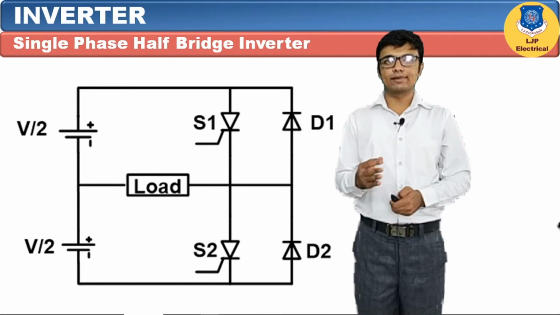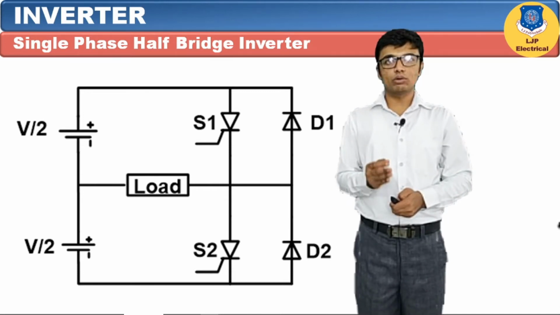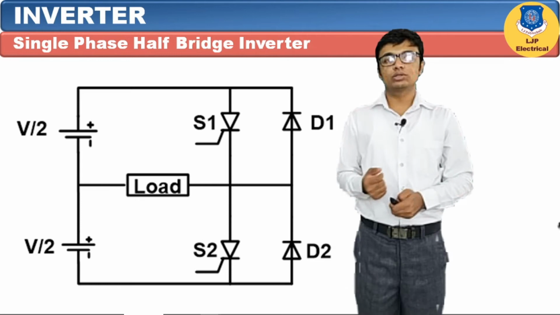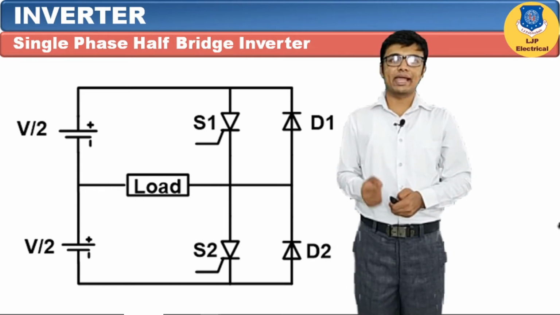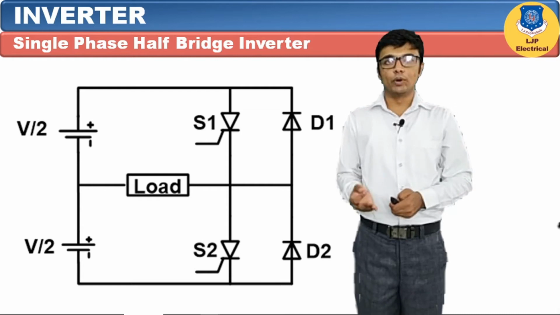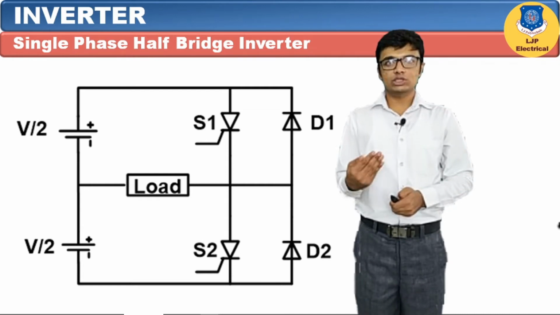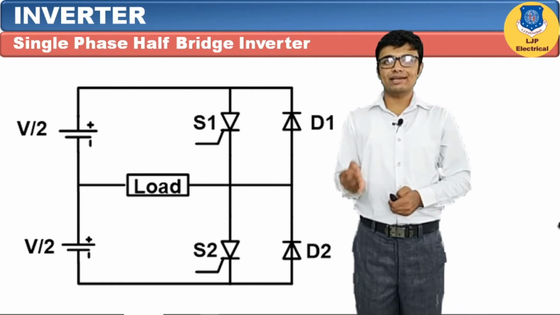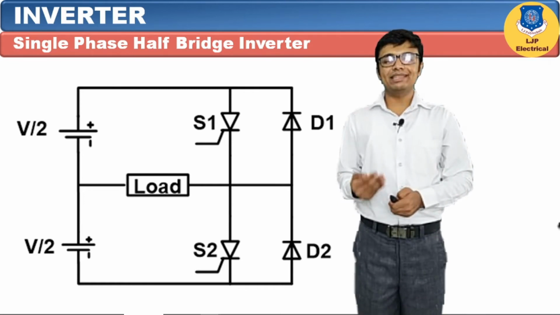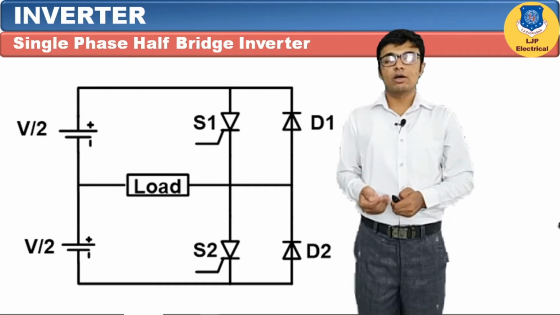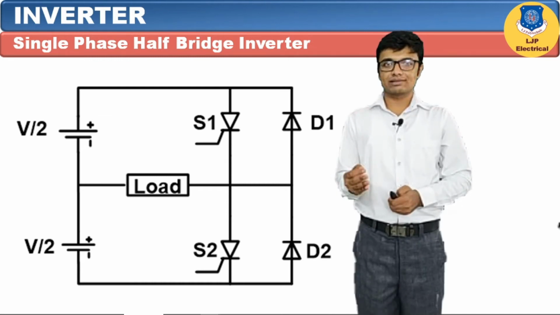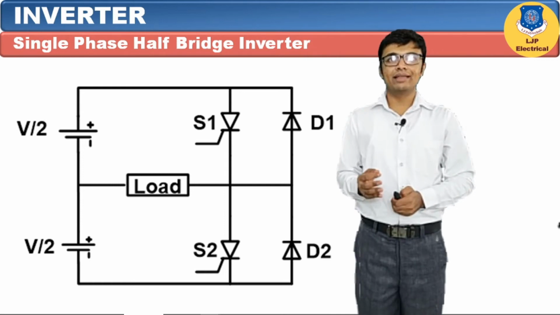Let's see how we can achieve the negative half cycle. To achieve the negative half cycle, we have to turn on thyristor S2 such that current will flow from the positive to the load to S2 and come back to the negative, such that we will get the negative half cycle in the output. At the same time the inductor is going to store energy inside, and if we turn off thyristor S2, then this inductor is going to dissipate the energy by using diode D1, and it will charge the supply. Hence the current will flow from the load to the diode D1 and positive of the top supply, and it will charge the top supply. This way we can get an AC square pulse in the output by triggering the thyristors in this manner.